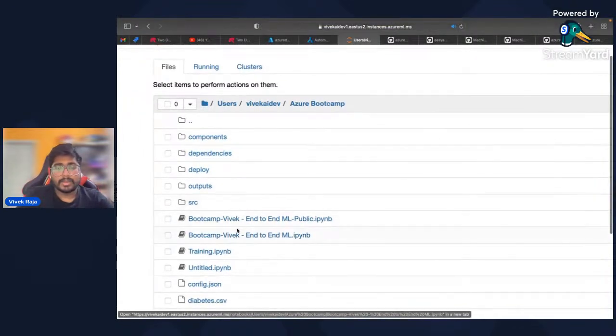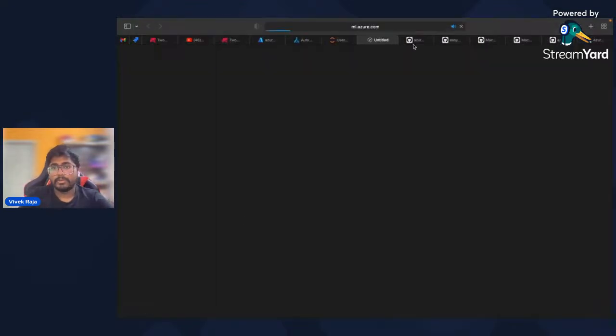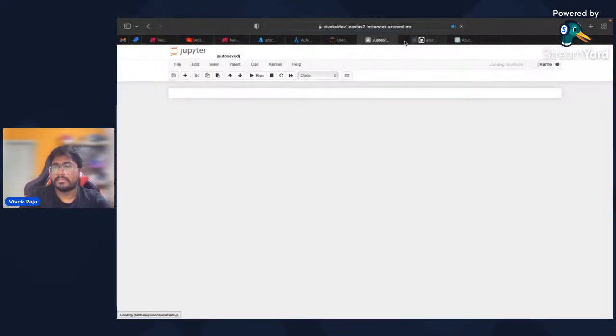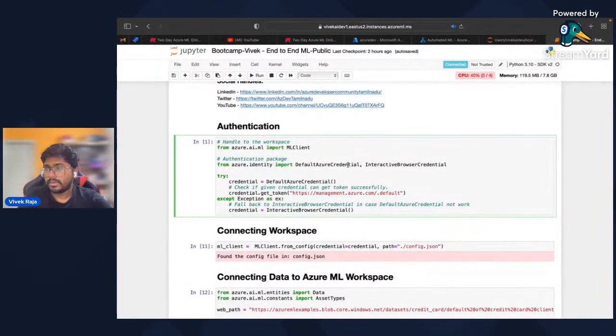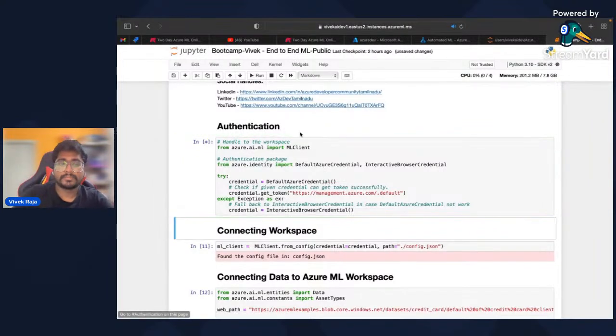Okay, so I'm going to take this notebook. I'm going to start the notebook. Let me close all those which are already open. It's not necessary. So I might run a couple of cells here, but I might not run the entire thing because a few of the cells might take 10 to 15 minutes to run. So first of all, authentication, where you have to have a managed identity, right? Yesterday we discussed the different ways you can authenticate, the difference between a managed identity and a service principal, a lot of stuff we saw. You can just go back to the previous recording or to the same slides. We have all the information. So I'm going to skip it.